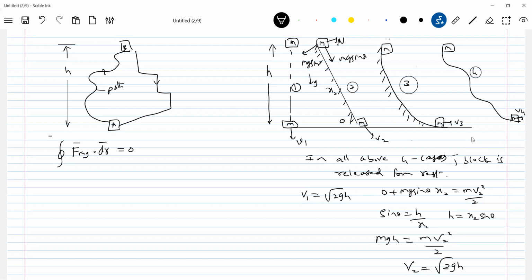So what is the final conclusion? v1 equal to v2 equal to v3 equal to v4 equal to root of 2gh. Therefore, this shows that the gravitational force, a conservative force, is independent of the path. Look at paths 1, 2, 3. Are they the same? What do you mean by path? You move from one point to another point, and you're moving along one path. Look here, work done is independent of path. So this is one advantage of conservative forces.